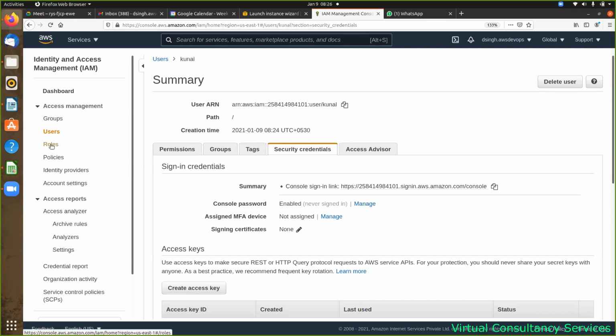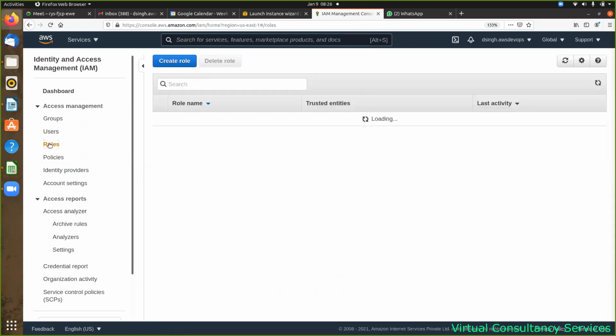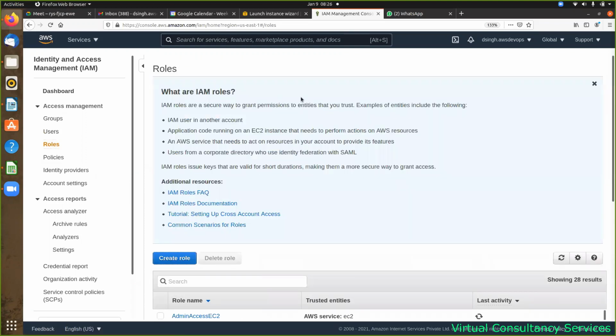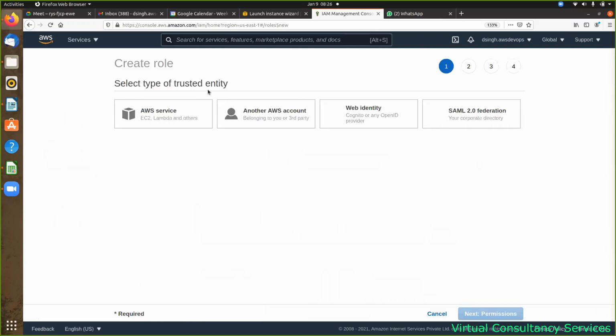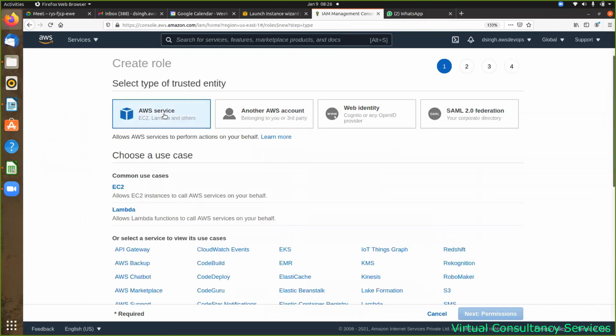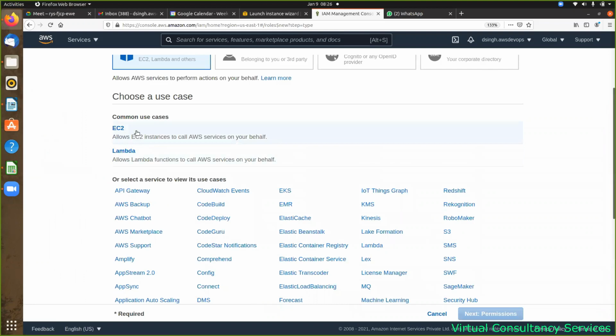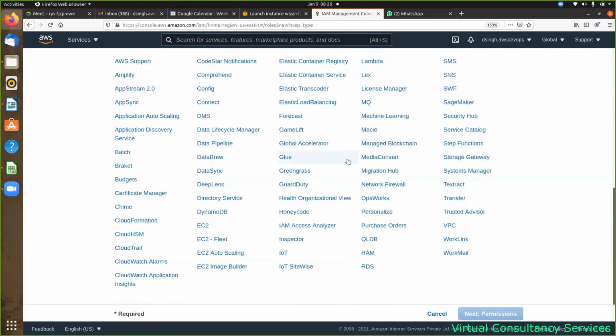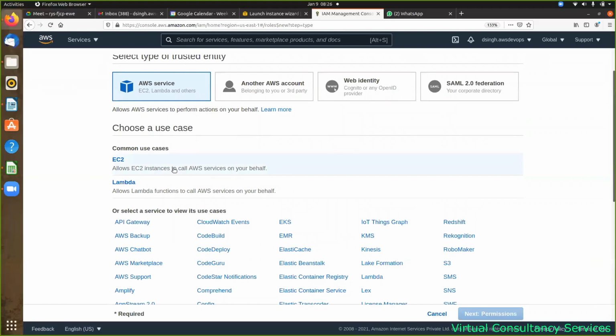Now I come to roles. Policies we had created, or there are already created policies which we have used, or we can create a managed policy ourselves. For example, I go to role and I create a role. While creating a role, say it is related to an AWS service. So I selected this AWS service, and the common use is EC2, Lambda. That's fine, so I will select EC2, and I will go to next, permissions,